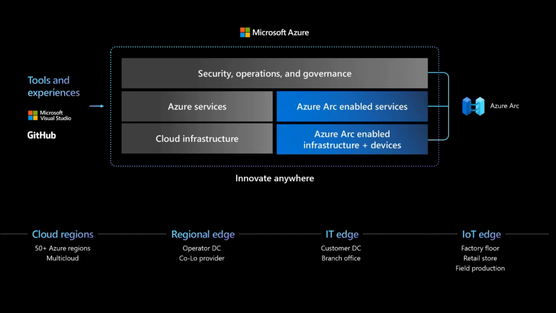So we can think of it like this: just like in Microsoft data centers, a subset of Azure services for applications, data, and AI becomes available to use on your own, both new and existing hardware, your own virtualization solutions, or your own Kubernetes platform, whether it's IoT devices or integrated systems and so on. So what is this Arc enablement, right?